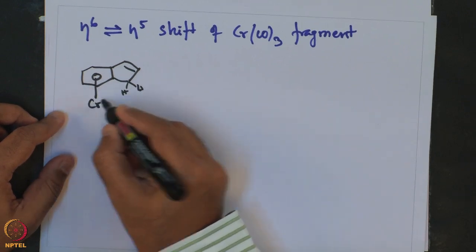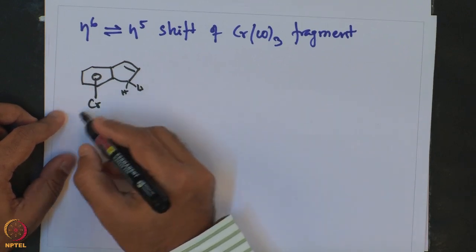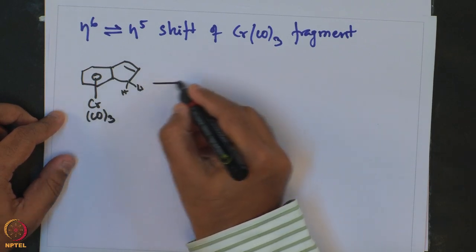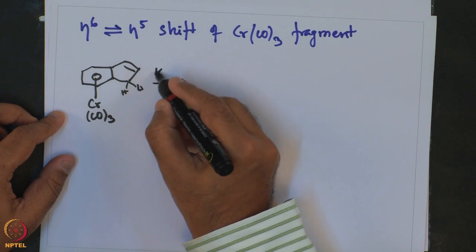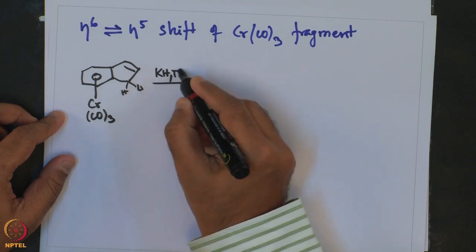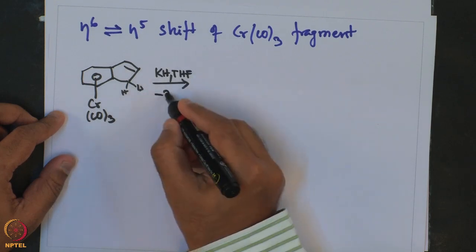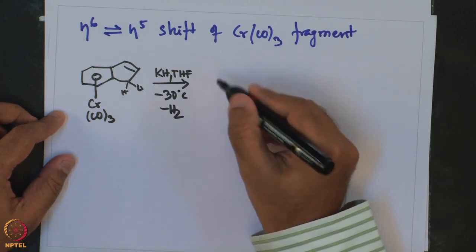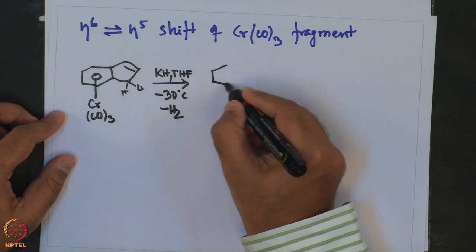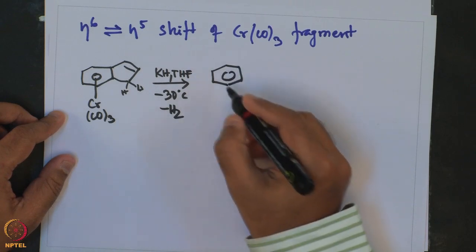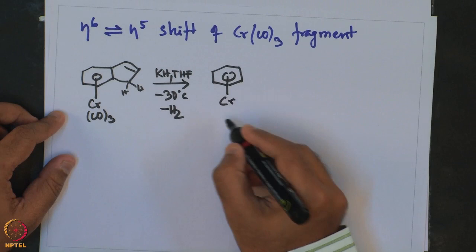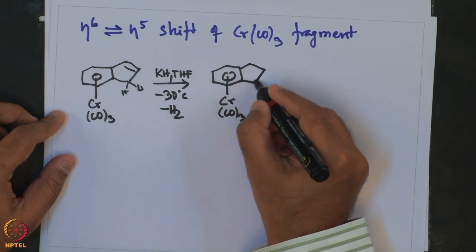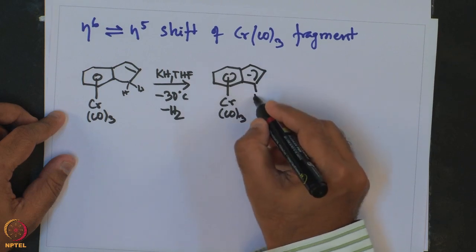Toluene chromium CO3 reacting with KH in THF at minus 30 degrees centigrade eliminates hydrogen to give this benzyl anion bound chromium CO3 and this anion,